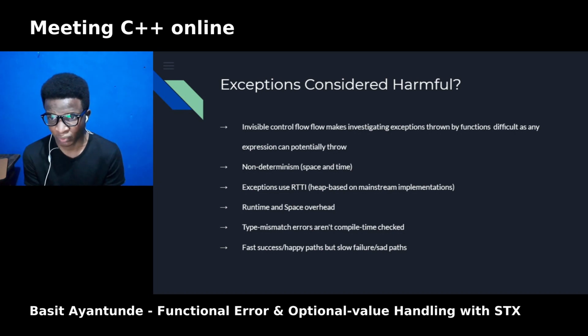You can't do that with exceptions, as most implementations use runtime type information with a heap-based allocation procedure. And as we all know, if allocation is non-deterministic in time, it can take a variable amount of time. Another issue is that type mismatch errors aren't compile-time checked.